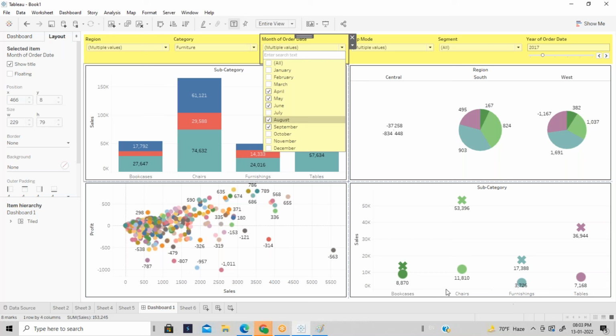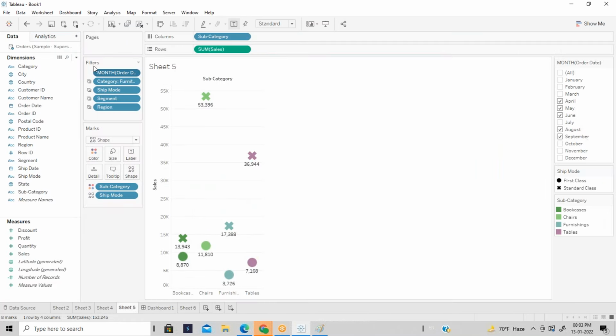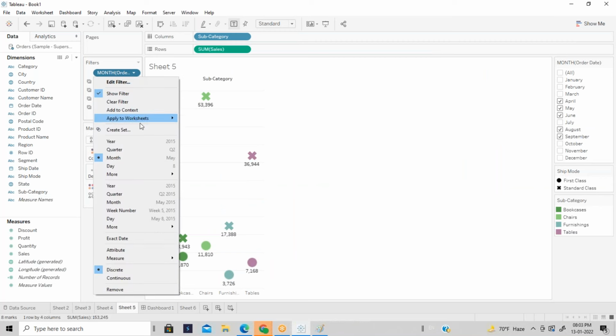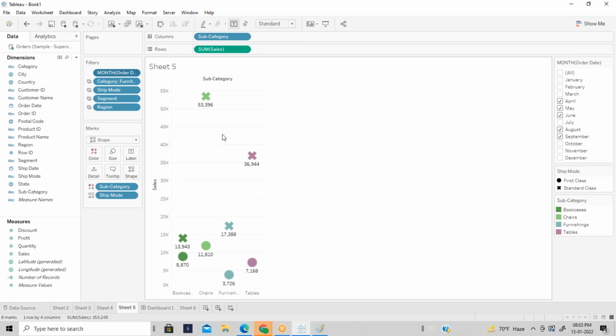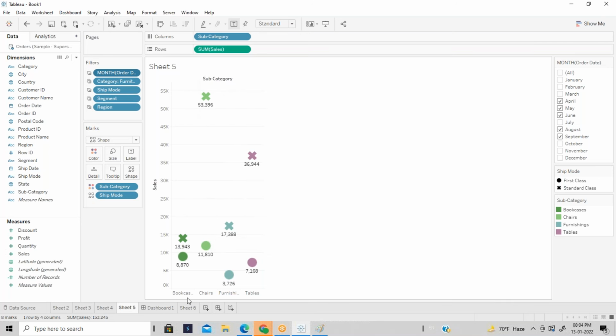So then you have to go to the sheet. How to go to the sheet? How to identify which sheet it is? You can click here and go to the sheet. Whenever you are working with a project, you might have some 30-40 sheets. You need not worry about checking each and every sheet. You can click on this sheet and click here. Go to the sheet. Simple. Here also the month, you need to apply the filter to all the worksheets. Okay, done.